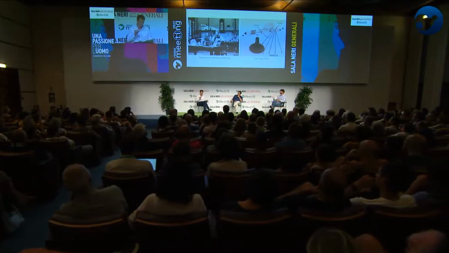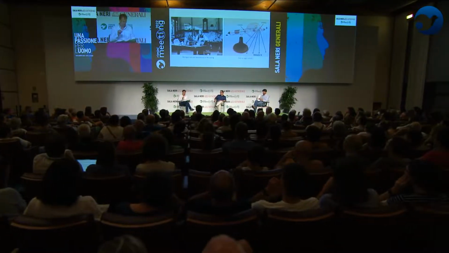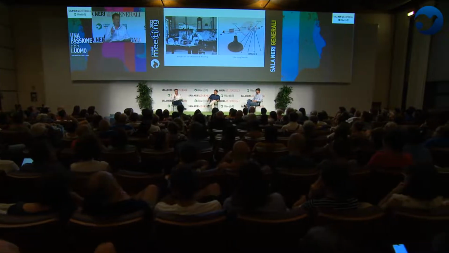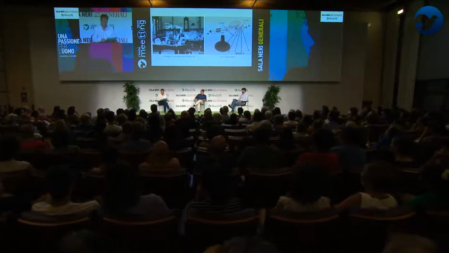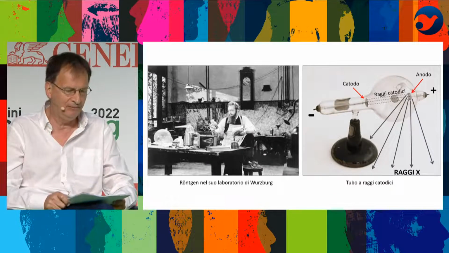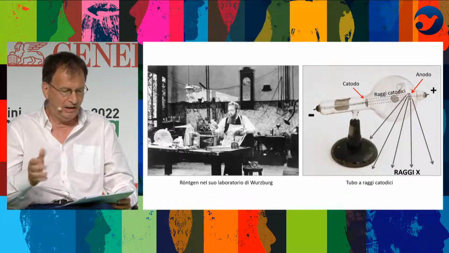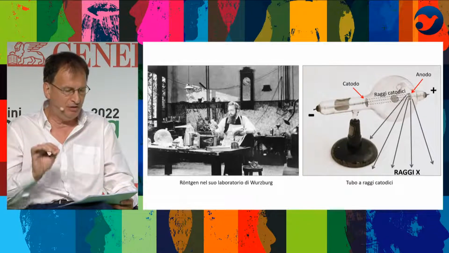For more than 25 years, physicists have been trying to answer this question, mainly by studying the effect of electric current passing through gases enclosed in glass tubes with electrodes placed at both ends, called cathode ray tubes. So you see them in this picture. The electric current in cathode ray tubes flows from the cathode to the anode, and the radiation, rather the rays,